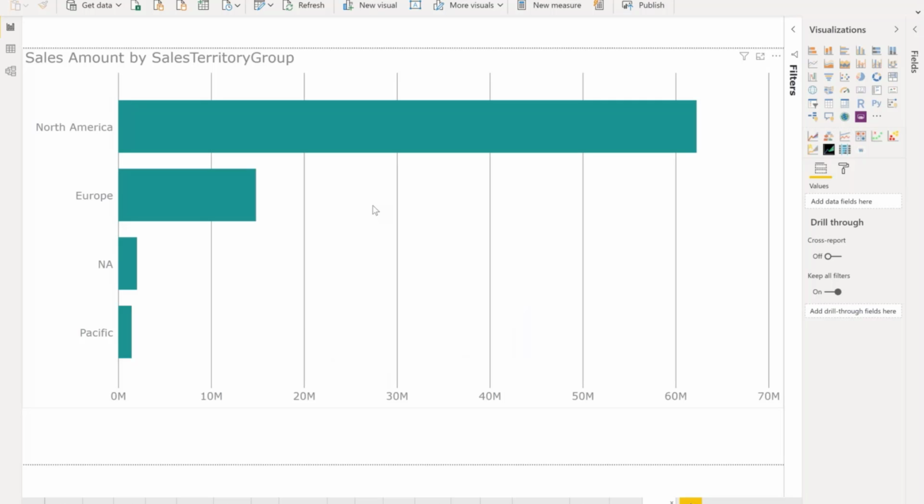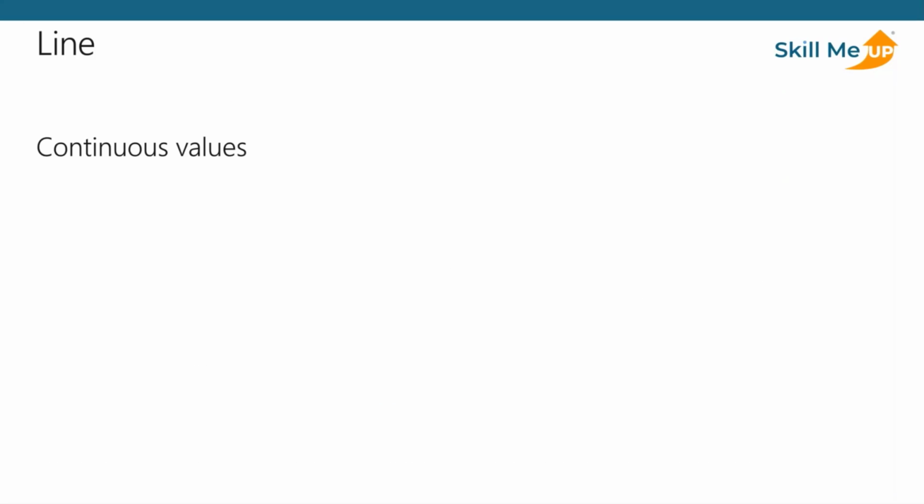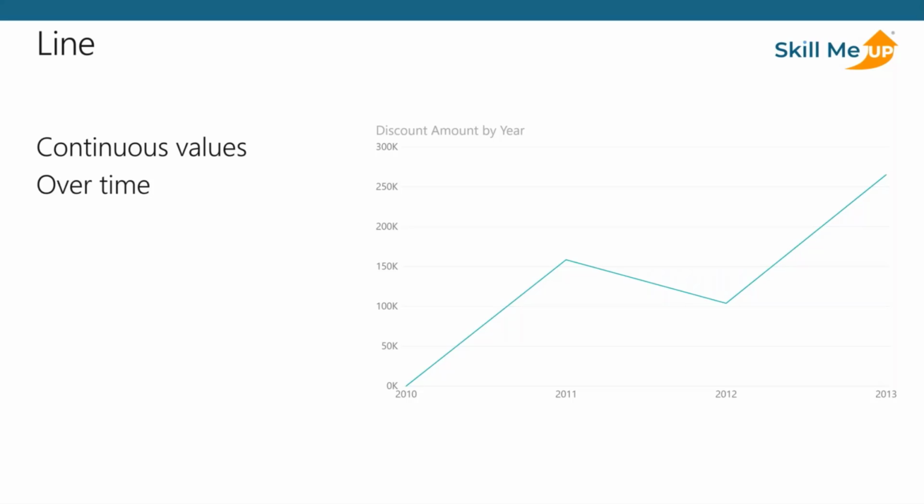The line chart. The line chart is meant for continuous values. So values which are continuous, like decimal numbers, they can change continually from one value to the other one. Or time can change rather continuously. So if you see this, then this is a line chart over time. I have the years here, but what I think, from one year to another year, this is not really continuous,